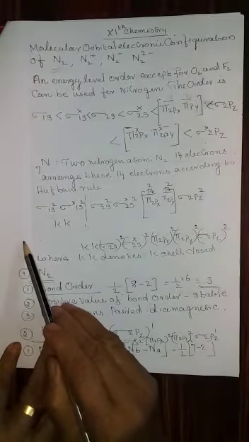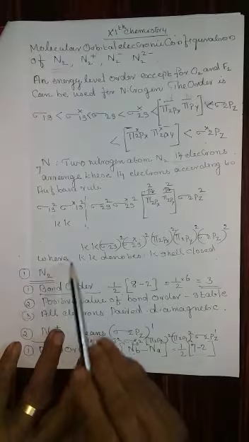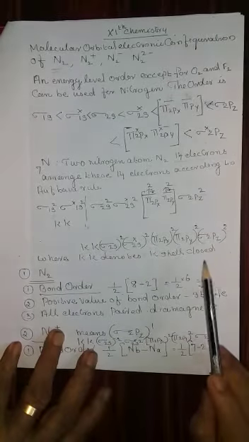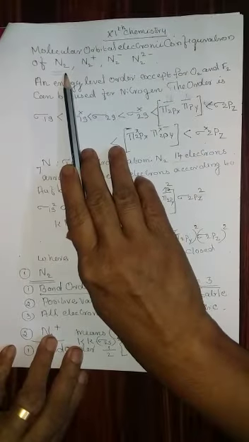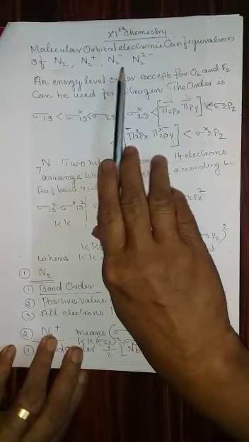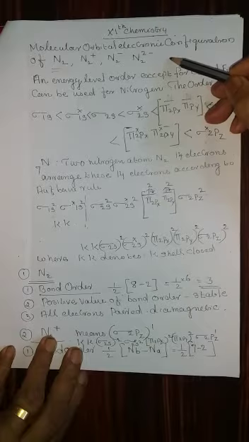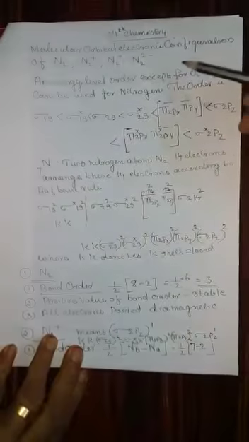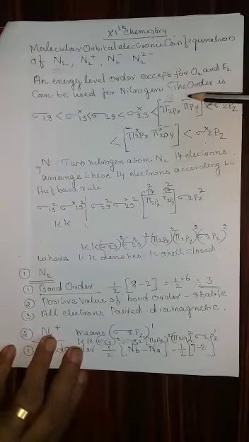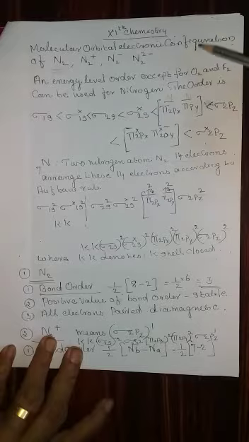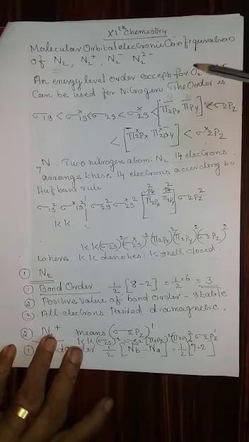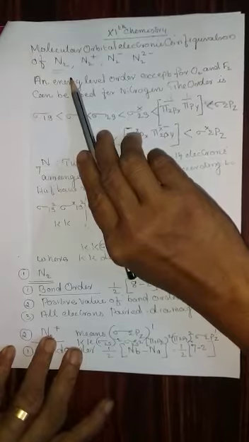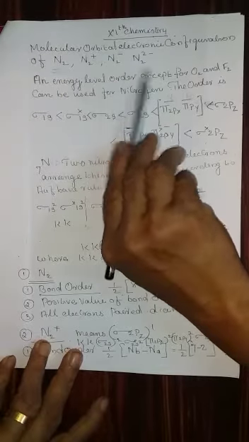For that there is 1 mark for the electronic configuration. If the electronic configuration is wrong and all the other 4 answers, that is N2 bond order and stability, N2 plus, N2 minus, N2 2 minus are all correct, you are not going to get any marks. That means 0 out of 5. Each one has 1 mark, provided all 3 subdivisions are correct, only then will you get 1 mark. If the bond order is correct but the stability is wrong, no marks for that point. Therefore, total 5 marks are available.